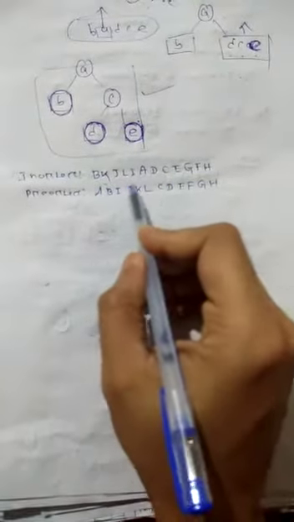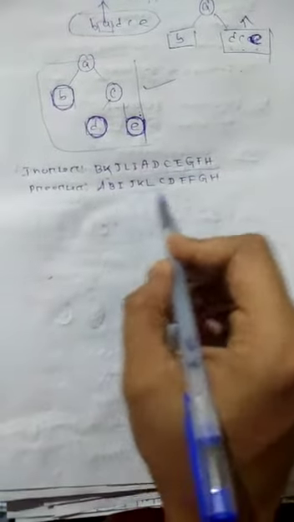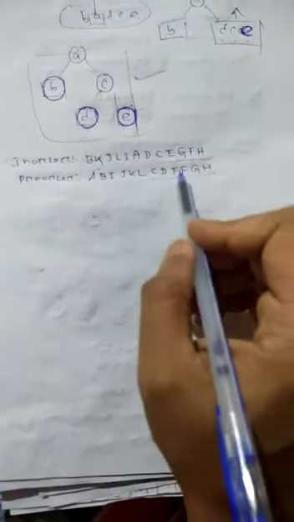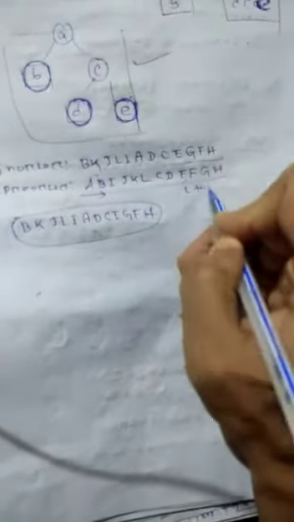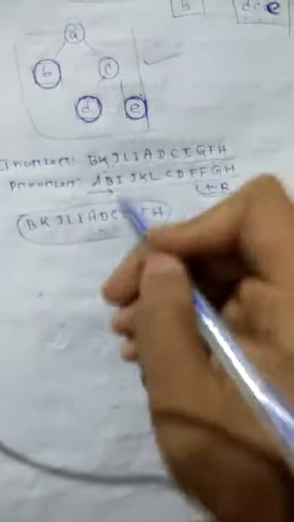Next, suppose we do another question. An in-order traversal is given and a pre-order traversal is given. So what is the logic? Consider the in-order traversal, then look at the pre-order to find out the root. First I am considering this in-order traversal, then looking at the pre-order from left to right to find out the root one by one. As you know, the first node is the root node for pre-order and the last node is the root node for post-order.